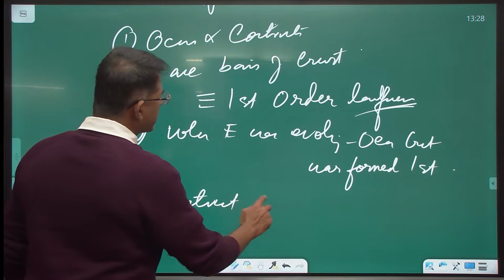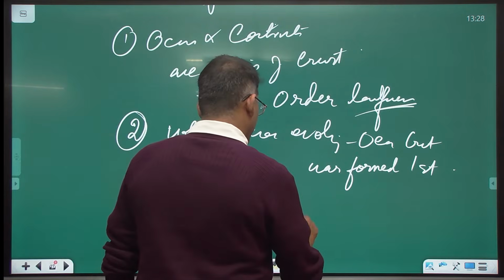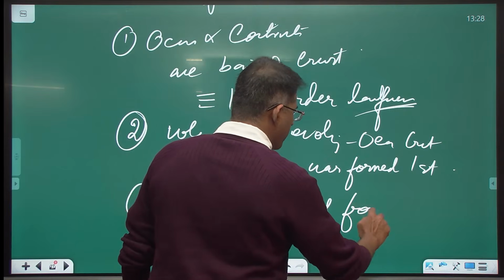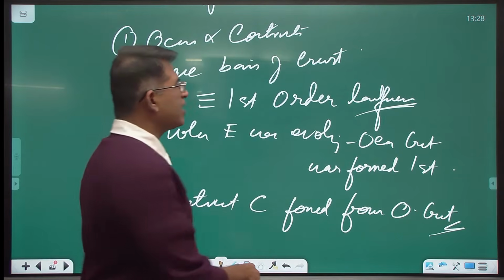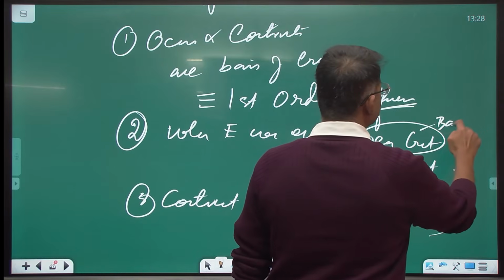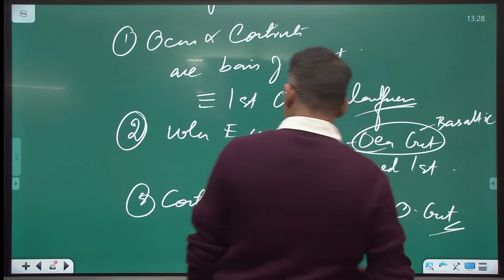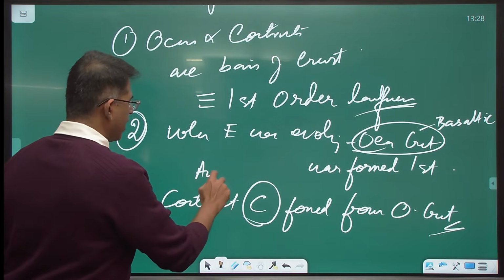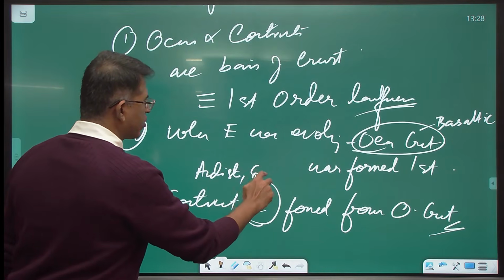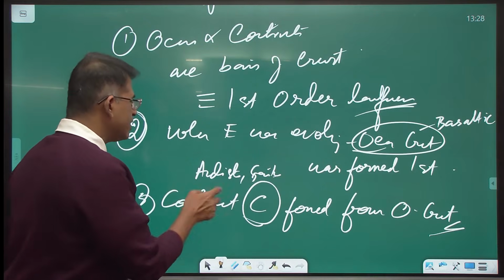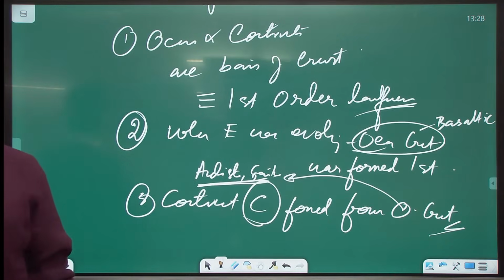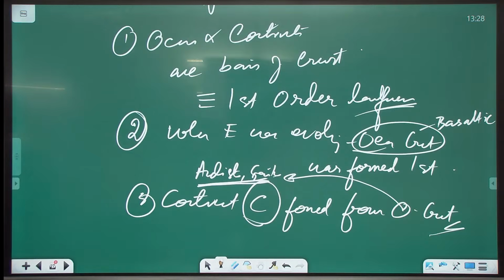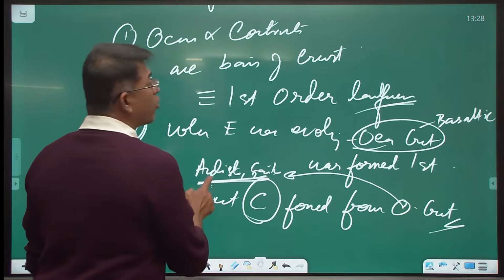The continent crust formed from ocean crust. What was ocean crust? If you know now, it is basaltic. What are continents like? Andesite, granite, and all of that. What I'm saying is, andesite and granite are made from the ocean. Some mechanism by which the ocean crust gets transformed. That's why we say the oceans are more fundamental.